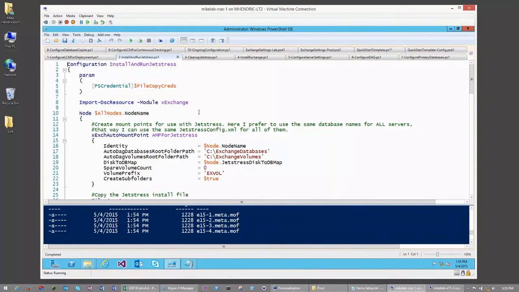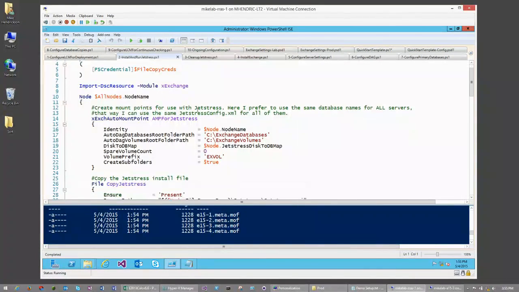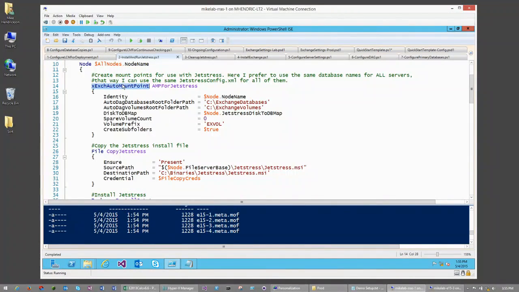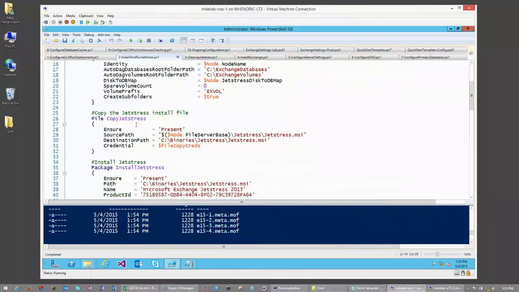But essentially what these two scripts do, the JetStress script will create the mount points that are necessary for Exchange JetStress. And those are probably going to be a common configuration that you're using for all your servers. For JetStress purposes, you may just want to use one JetStress config file and then have the same disk settings for all of them. Once we've set up our mount points, what this resource does is it'll copy the JetStress